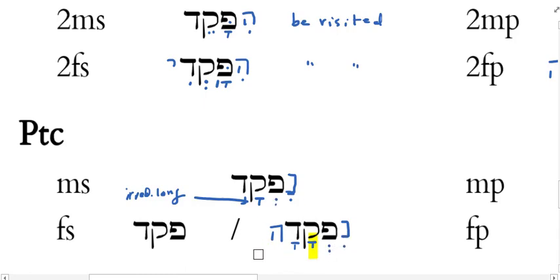Nifkad, nifkada. Okay? So if the Qal participle means appointing, then the Nifal participle, if it makes it passive, would be appointed. And you can use these participles in the Nifal the way you use other participles. I could say the appointed man. Ha'ish ha'nifkad. The man, the appointed. So just remember that if the Nifal verb has passive meaning, then I'm going to be using the -ed type of ending. Appointed,